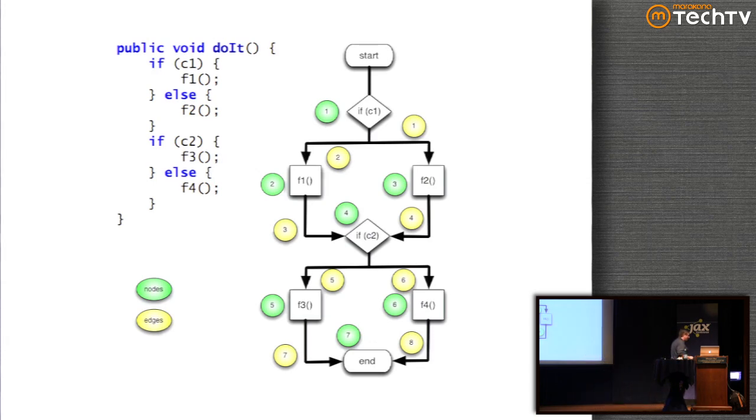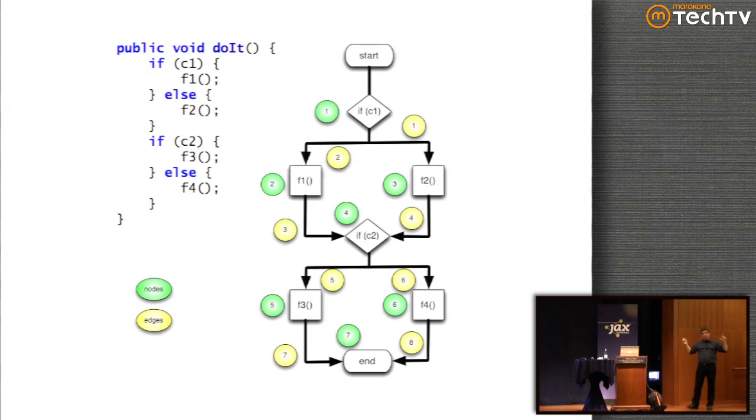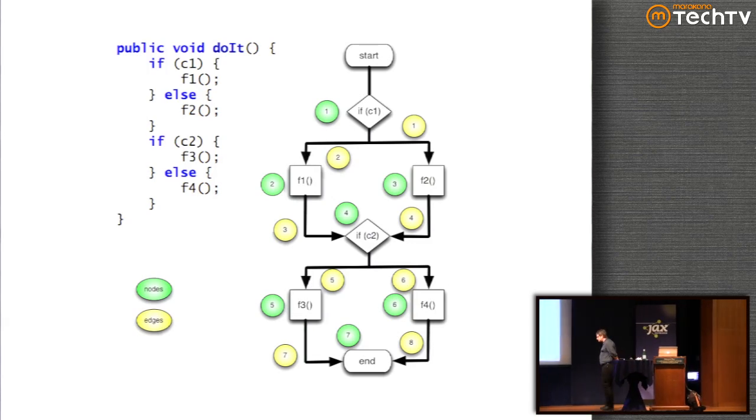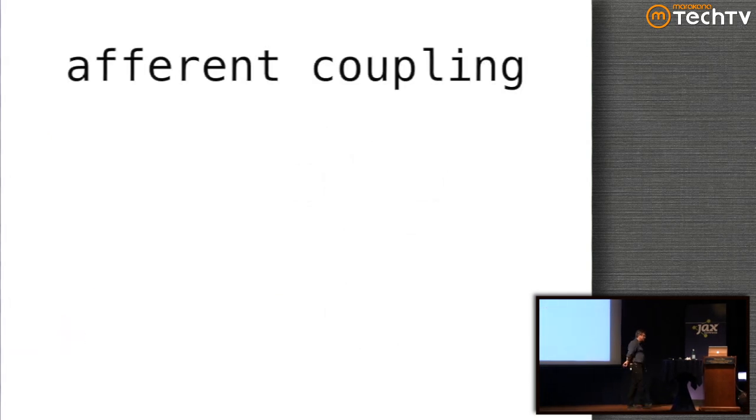So what I have now in my toolkit is a way of determining how complex a particular method is, so I can compare two methods against one another, see which one's more complex. All he's really doing there is measuring loops and other kinds of decisions and adding those as complexity. So that's one metric. The other metric I need is one called afferent coupling.